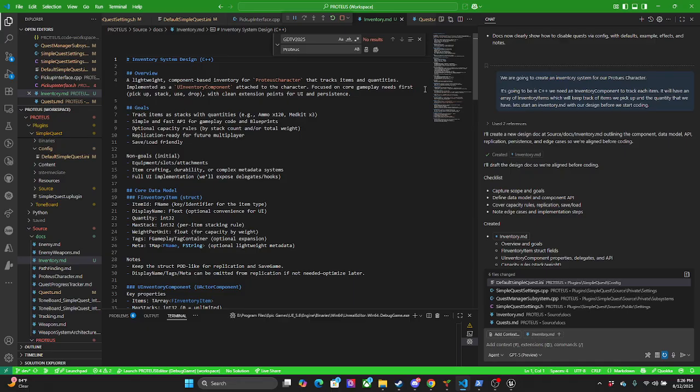Focused on core gameplay first. Pick up, stack, use, drop, with extension points for UI and persistence. Track items as stacks with quantities, e.g. ammo 120, medkit 3. It gets it. Simple and fast API for gameplay code and blueprints.